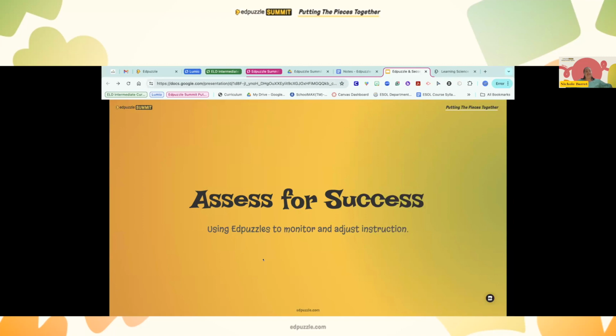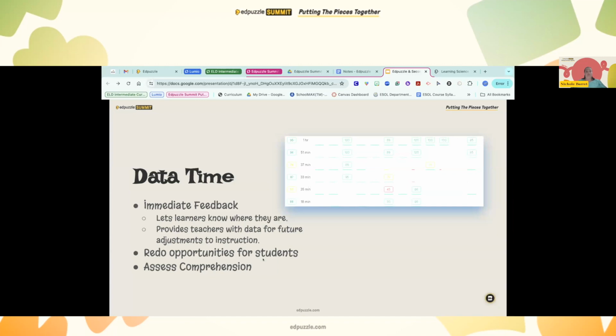Edpuzzle makes assessment super, super easy for a teacher, whether you're doing Spanish or English or French or whatever. So, gradebook within Edpuzzle. I know we all have our regular gradebook, but the Edpuzzle gradebook gives me immediate feedback.